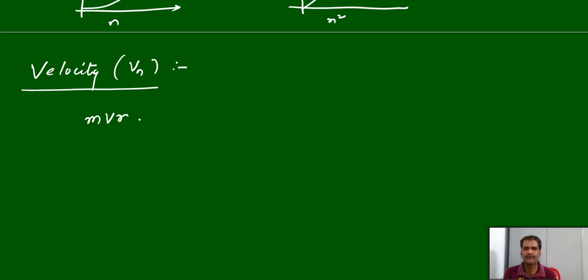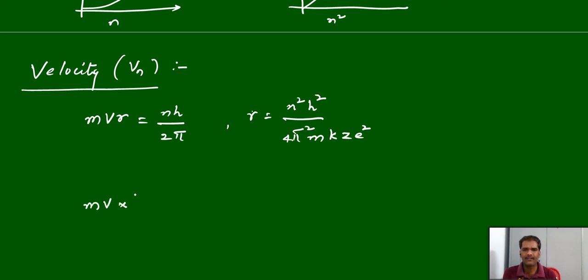Angular momentum mvr is equal to nh by 2 pi, and the radius value we just calculated is n square h square by 4 pi square mkZe square. This is the radius value. Now substitute this r value here, then we will get mv into n square h square by 4 pi square mkZe square